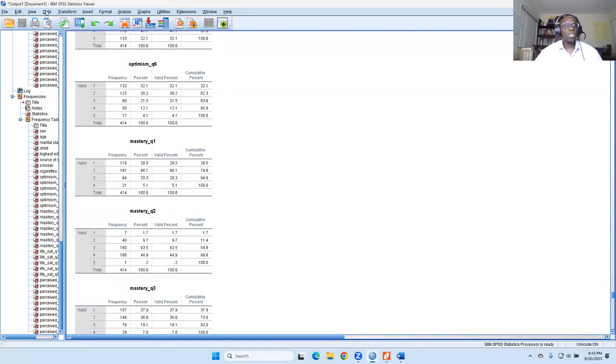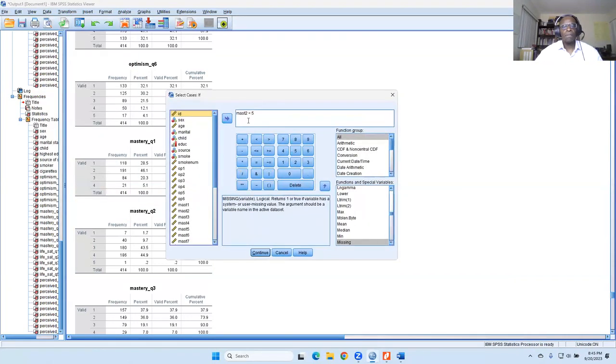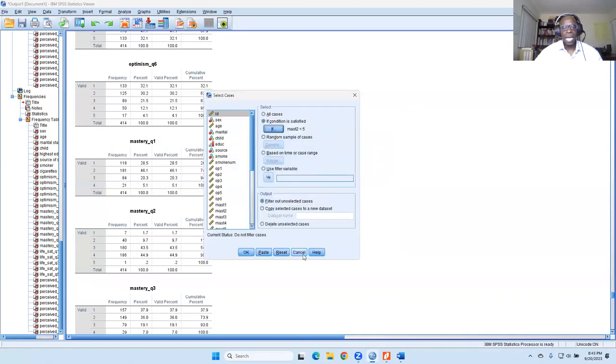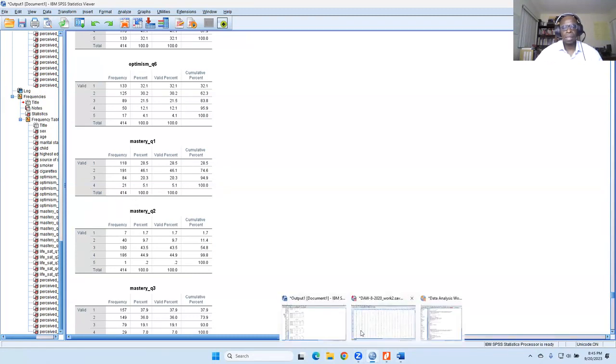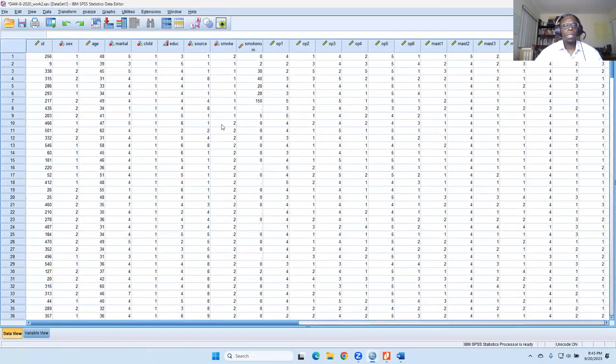So what we do is we say data, select cases. For mastery question 2, select all cases for analysis that are less than 5. Then we go back to the data file and highlight this.